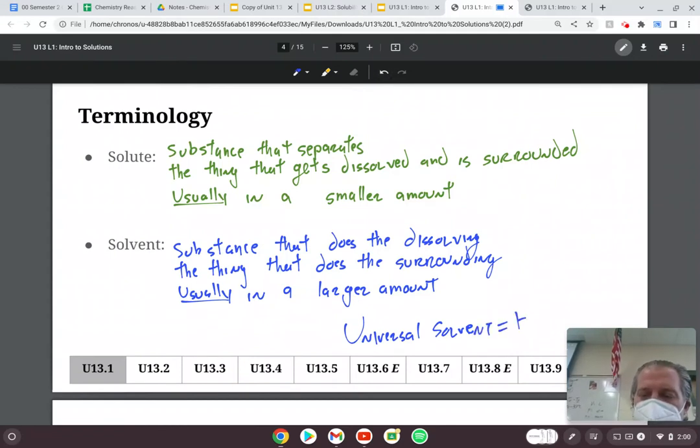And that actually is water. Now, I would like to be clear that the idea of something being the universal solvent, like water, does not mean that water dissolves everything. That's actually not true. If that were true, then